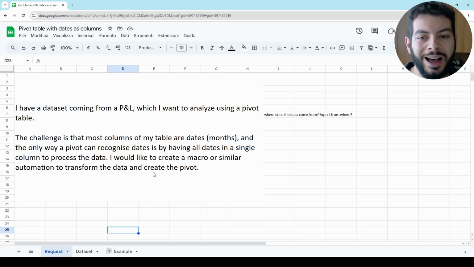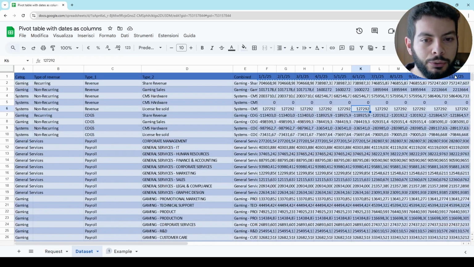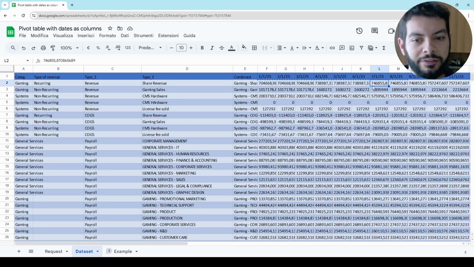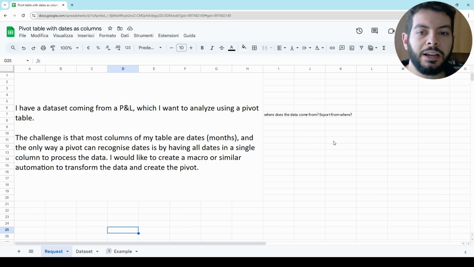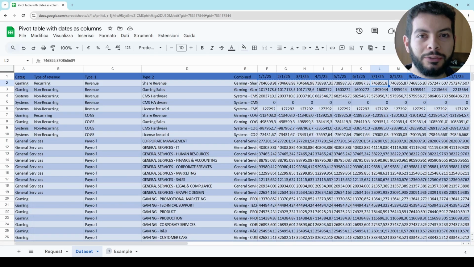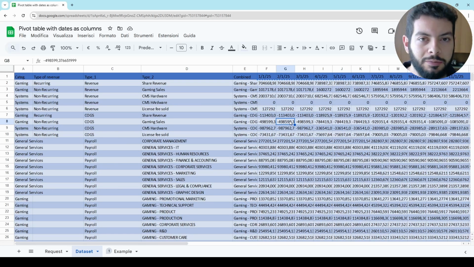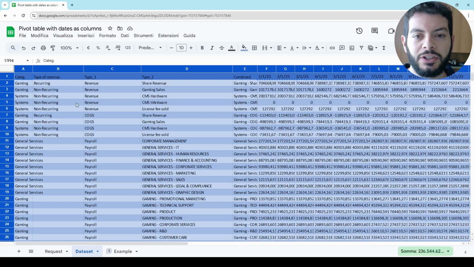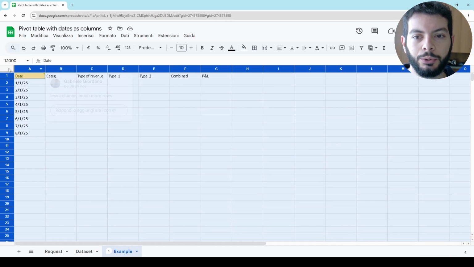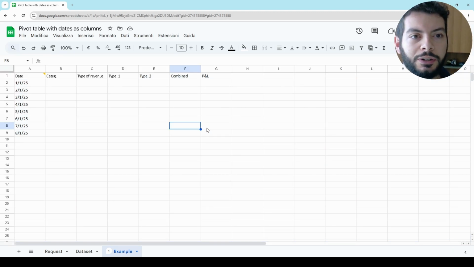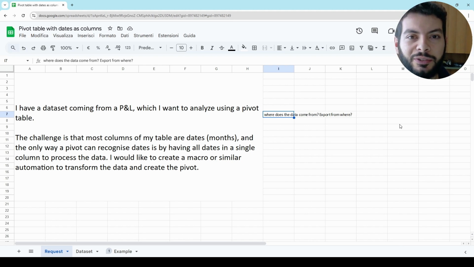But the question is, how did they get into such a dataset that gave them problems? And most likely the answer is that they exported the data from a web service that had developers that didn't consider this kind of situation. Of course, there are libraries that allow you to convert such a data frame into this one. And of course, it involves automation and an extra step, as you can understand. In some cases, this is the only way, most likely as in the case of this person.